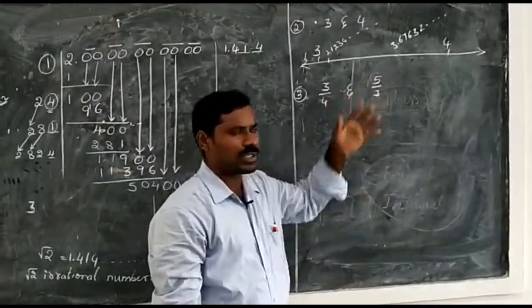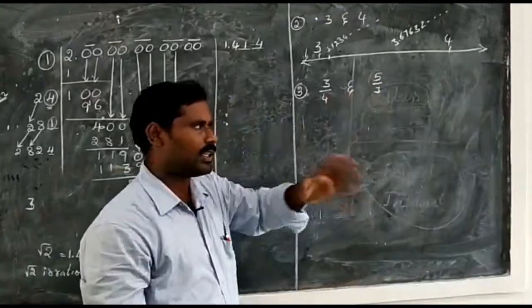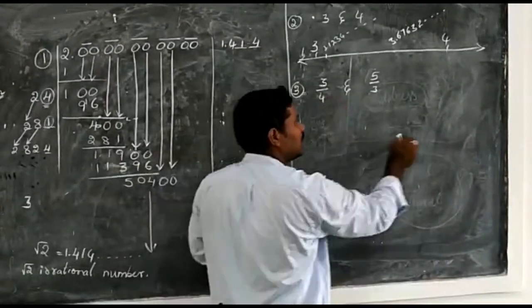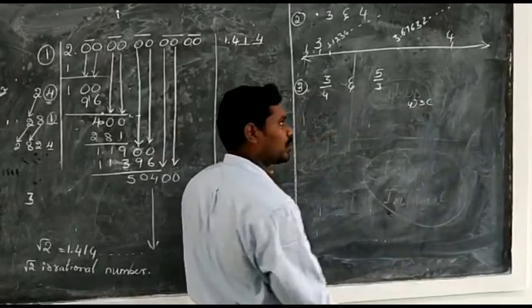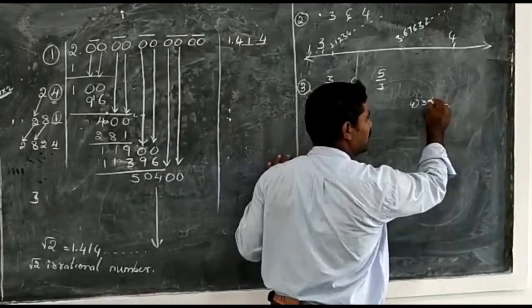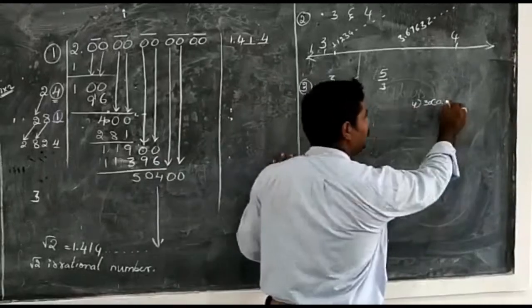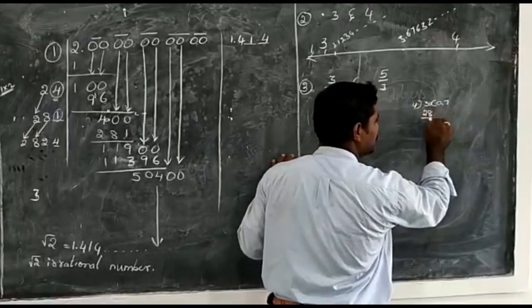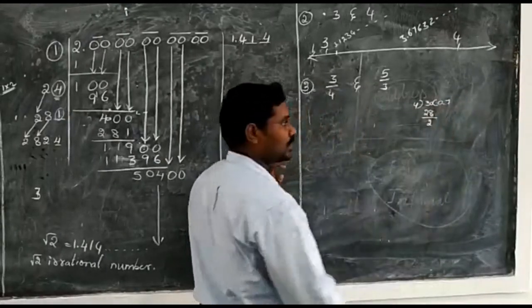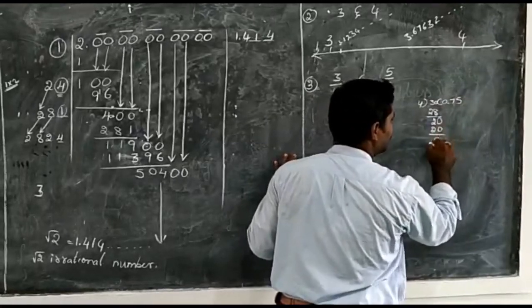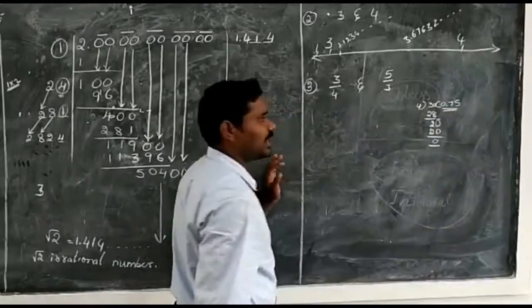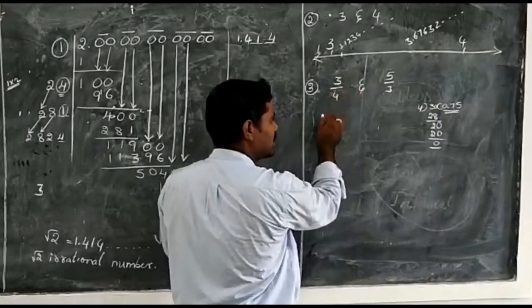In between these two rational numbers you have to find one irrational number. How to find? Now it is a rational. 3 by 4 means divide with 4. 3 divided by 4 is not possible as a whole number, so take a decimal. Now it is 30. 7 4s are 28. Now the remainder is 2. That means it is 20. 5 4s are 20. Remainder is 0. That means it is a terminating decimal. 3 by 4 is a terminating decimal.